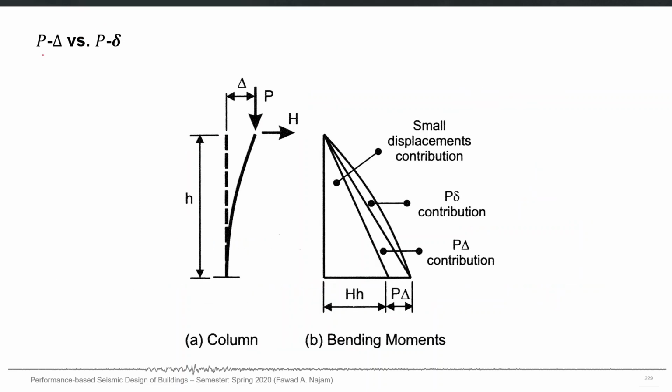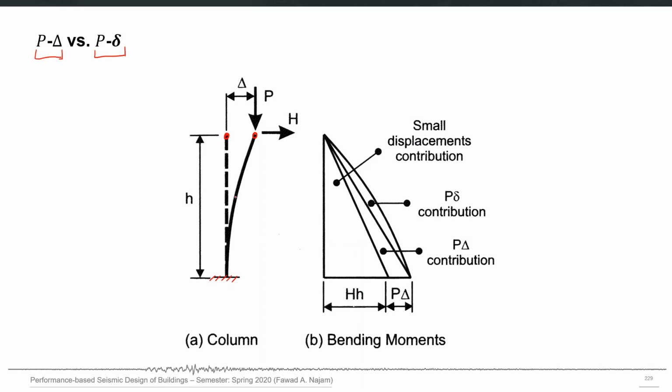Another important point is the difference between the P capital delta and P small delta effect. For example, if you have this column, which is a cantilever column, and you consider the P-delta effect, you consider the deformed configuration of the structure, and let's say you plot the bending moment.